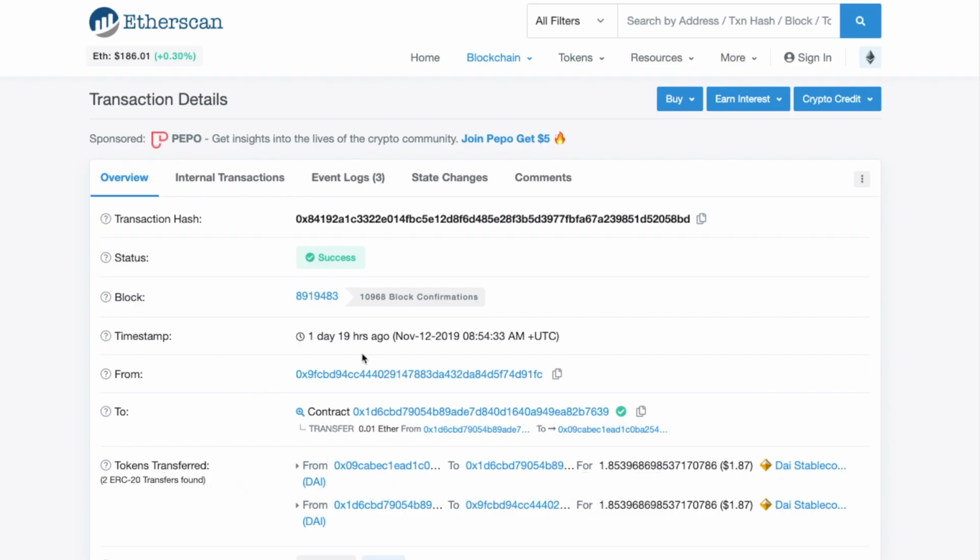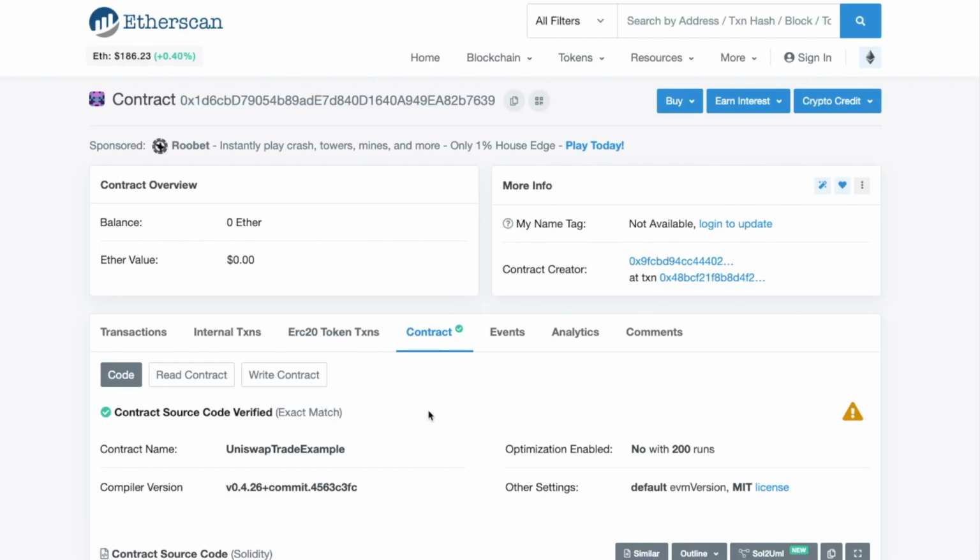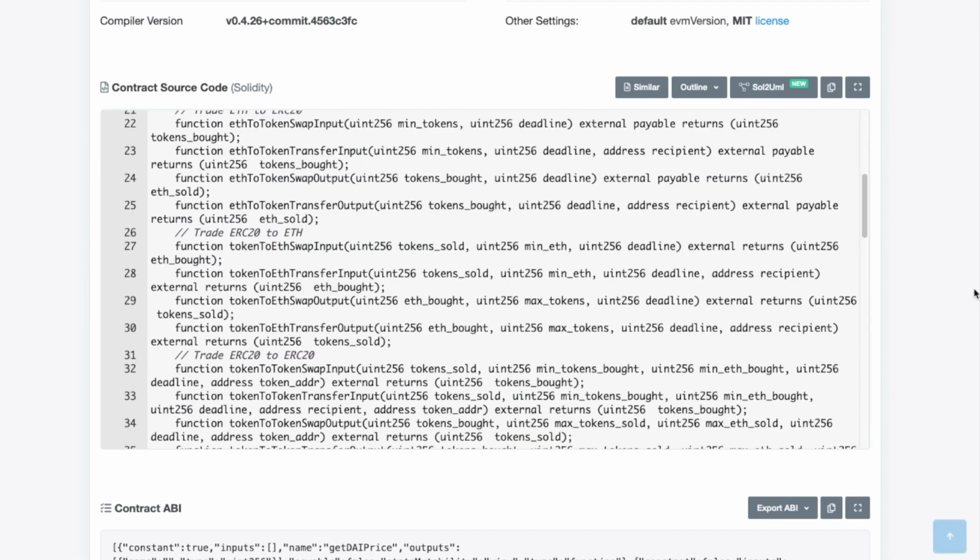And in the end, we're going to make a transaction that's going to mimic this one, in which we're going to send over some Ether into the smart contract, and then it's going to use decentralized marketplaces to purchase DAI stablecoin, which is just an Ethereum token that's tied to the value of the dollar. So we're going to execute that trade by deploying a smart contract that looks like this.